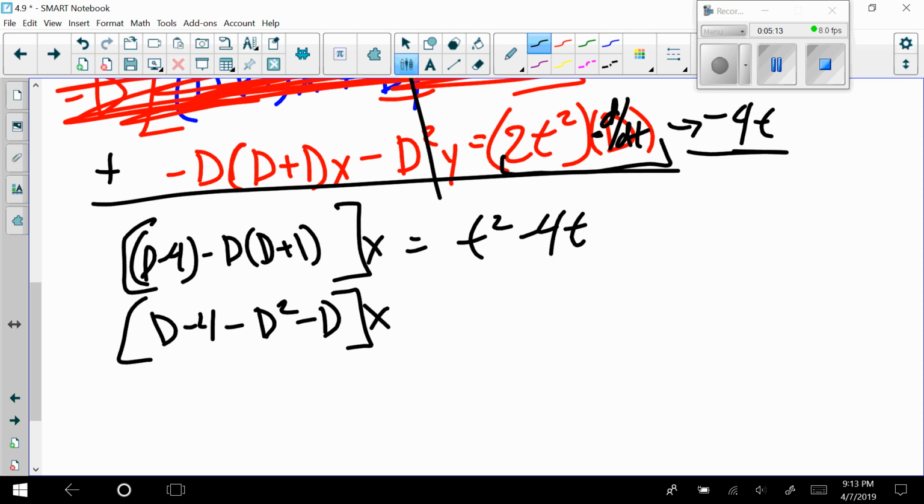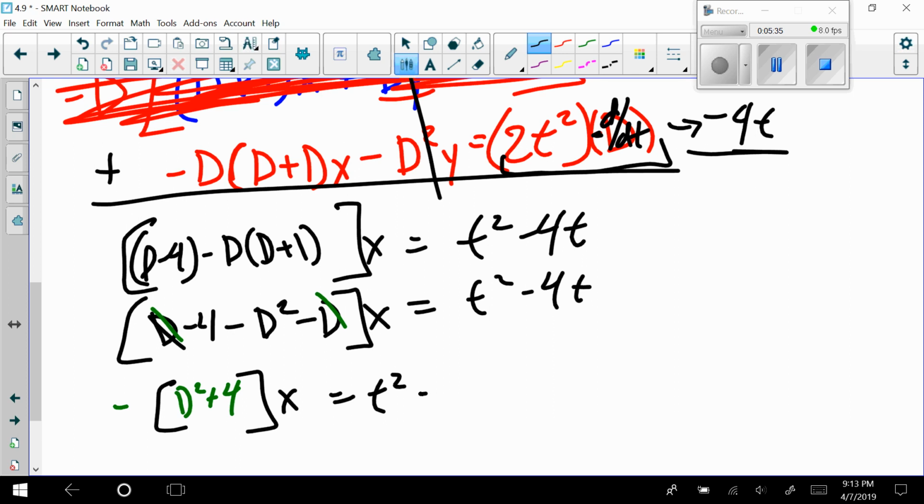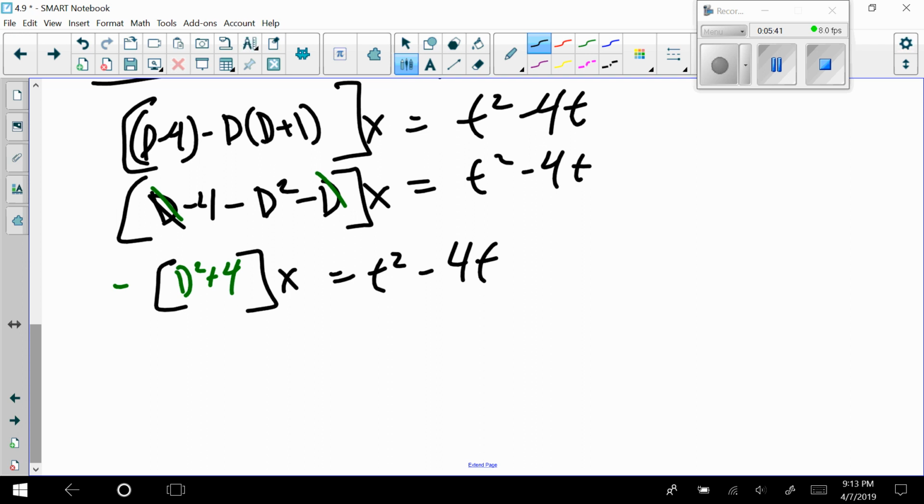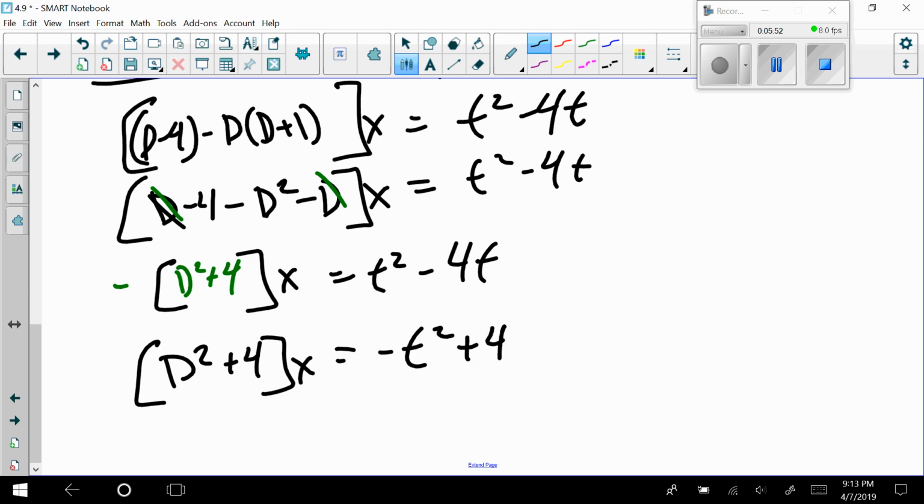And what I want to do here is I see that these cancel. So I have a negative 4 and a negative d. I think it would be worth it maybe to pull that negative out, which would then make this d squared plus 4. X still here equals t squared minus 4t. Okay, well, what now? Well, I see this as a negative here, so maybe it'll make sense for me to put that negative on the other side. And we're back to